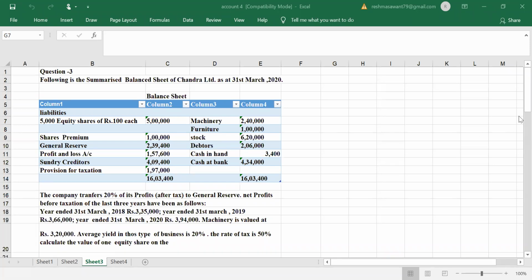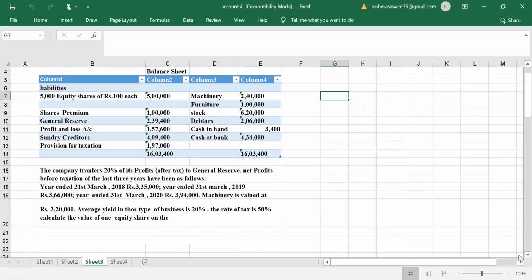Next adjustment: machinery is valued at 3 lakh 20,000. Average yield in this type of business is 20%. That is your yield basis or your normal rate of return. The rate of tax is 50%. Calculate the value of one equity share on